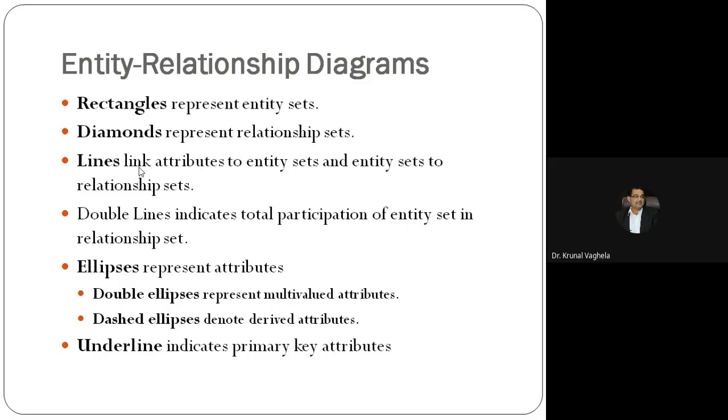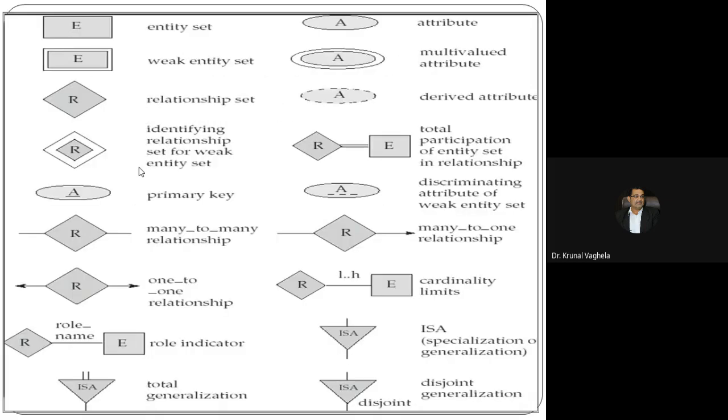Same here, you need to understand the symbols first. No need to write because everything is available in the book. I have already uploaded it in Google Classroom, so you can download it from there. How to represent an entity set? Let me draw this so you can see. An entity set is represented by a rectangle. A few you will not understand now, but once we progress, you will understand.